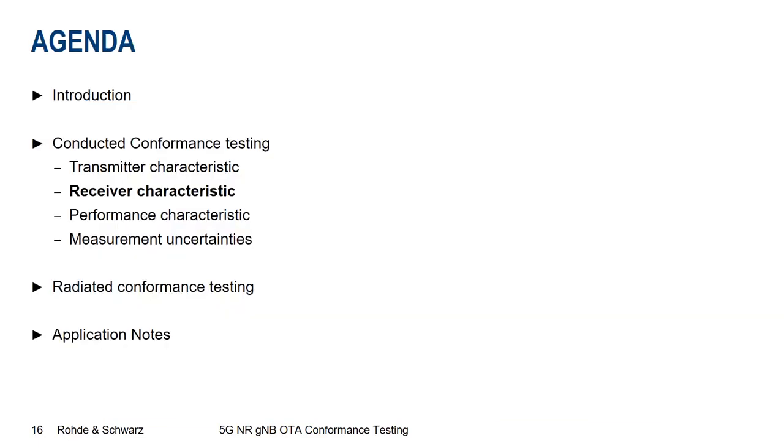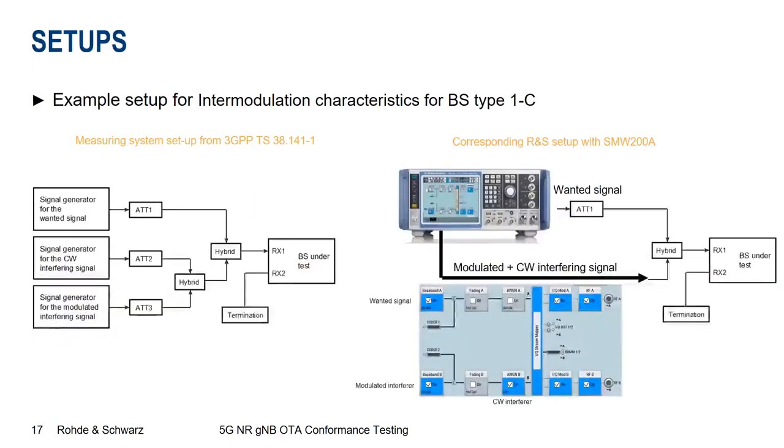Next topic is receiver characteristic measurements. This slide shows an example for intermodulation characteristics. So the measuring system setup, how it is shown in 38.141. For this measurement it is required to have a wanted signal plus a CW interferer and a modulated interferer,